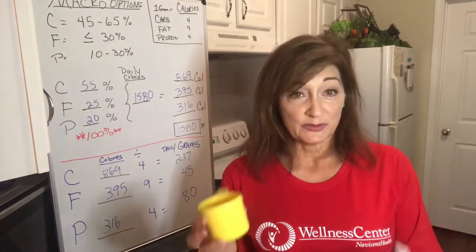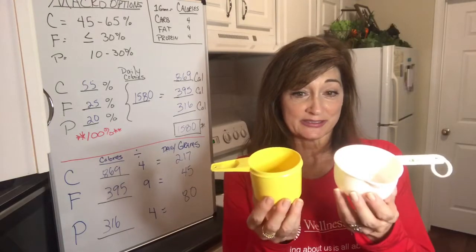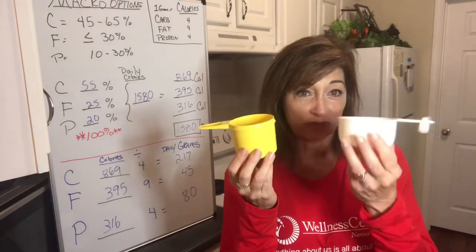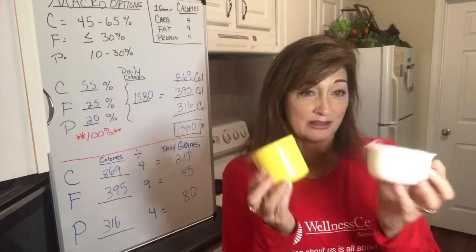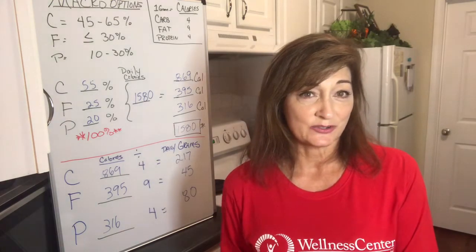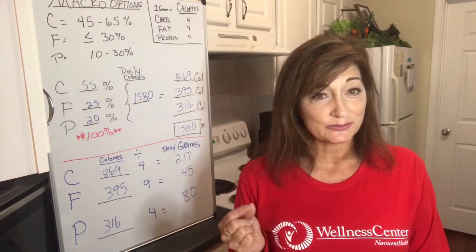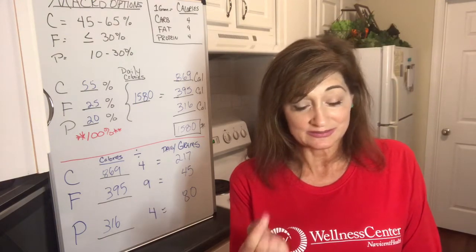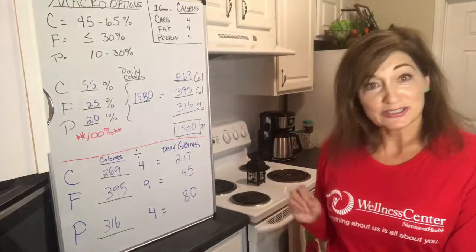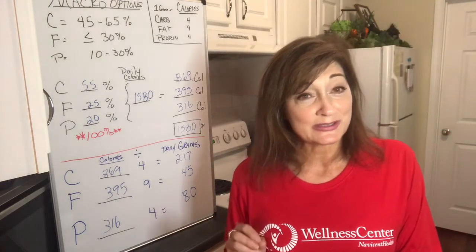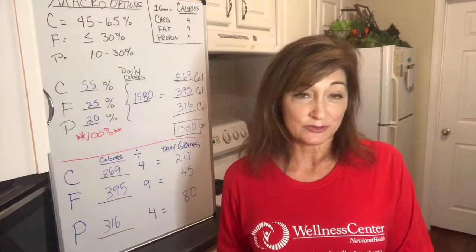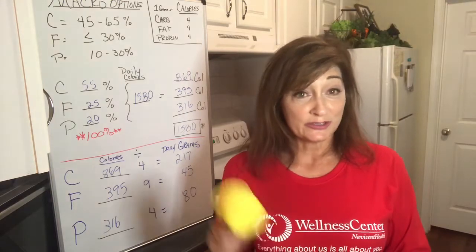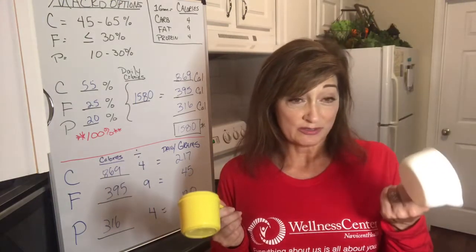Well, these are both, I have 2 measuring cups. This one holds a lot more than this one does. So that's why people break things down into grams, because it's such a tiny little measurement. I mean, nobody really knows how much a gram is, really. So it's a very tiny measurement. So it's much more precise than saying 4 ounces or your yellow measuring cup versus your white measuring cup, because